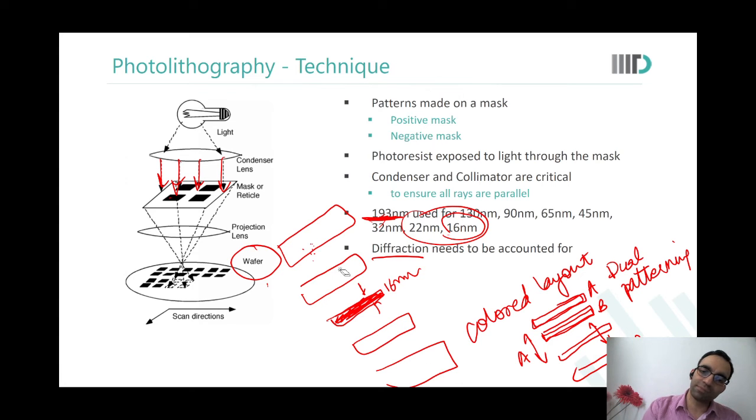But because of dummy poly, we're not increasing any mask cost, right? No. Same mask. What is happening is that you may actually end up, so the next poly could only be here now. We are basically exploiting the diffraction part of it.